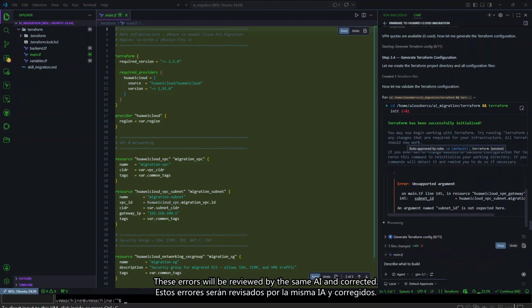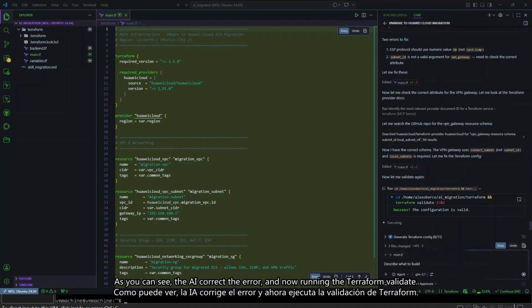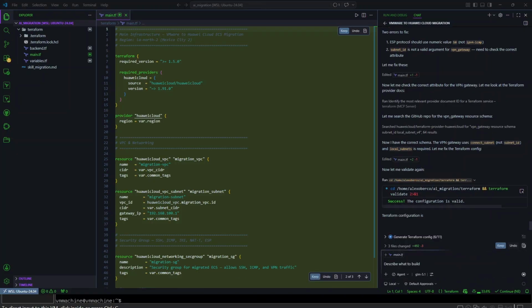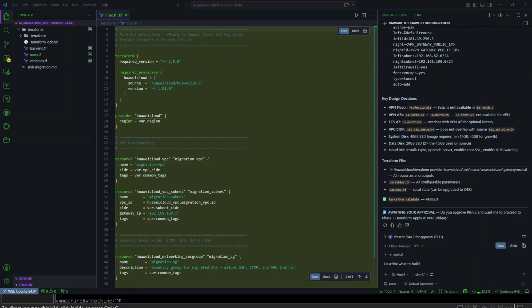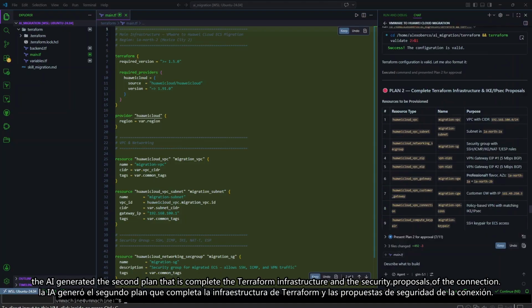These errors will be reviewed by the same AI and corrected. As you can see, the AI corrects the error and is now running terraform validate. Now the configuration is valid. After the Terraform configuration is created, the AI generated the second plan, that is to complete the Terraform infrastructure and